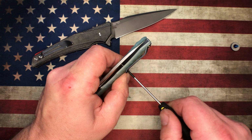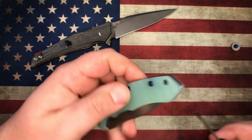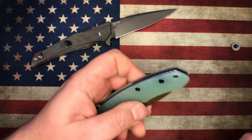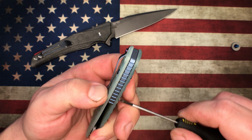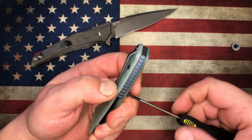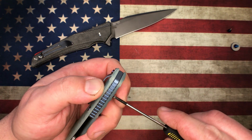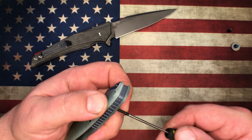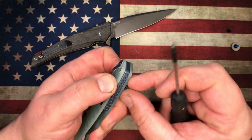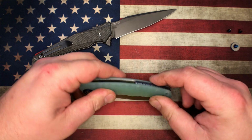So the Corvus-K here is rocking K-110 blade steel. And K-110, for those that don't know, I know it's not a real common blade steel. It's very similar to D2. However, it does have a little bit higher chromium content, so it should be slightly more stainless than D2. As far as the Rockwell hardness of it, obviously that all matters how well they did the heat treat, but